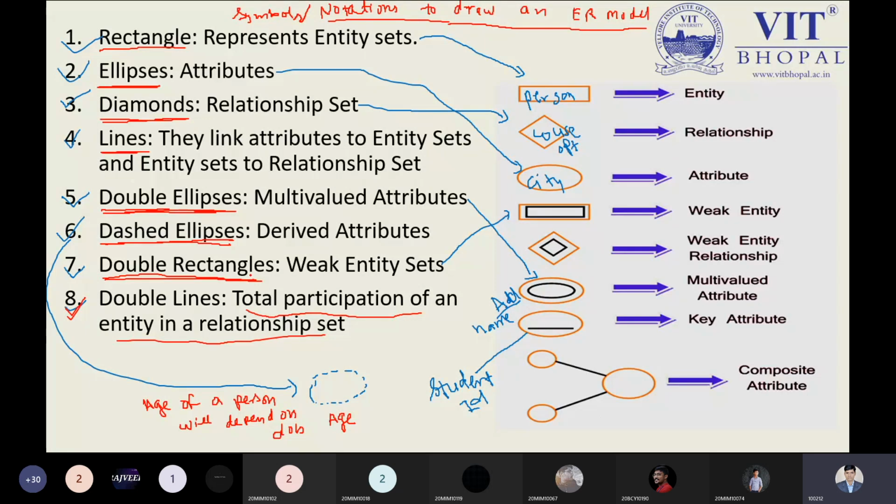So that is the optional part. At that time, the particular entity name, student name, will be the key entity. So if you are filling your name, okay, it's a choice. At a time, such entities are recognized by the key. But if I'm saying no, it is mandatory, you have to fill the mandatory. At that time, it is also known as the good attribute. Okay, good entity, we can say.